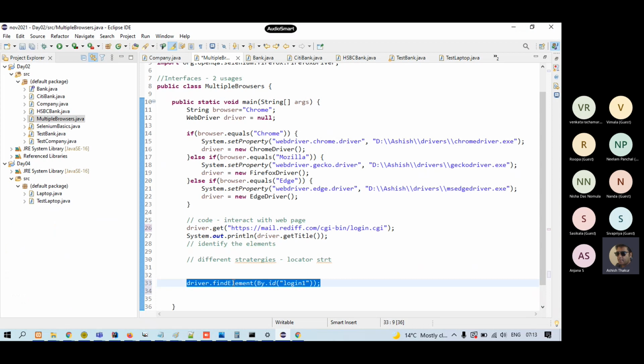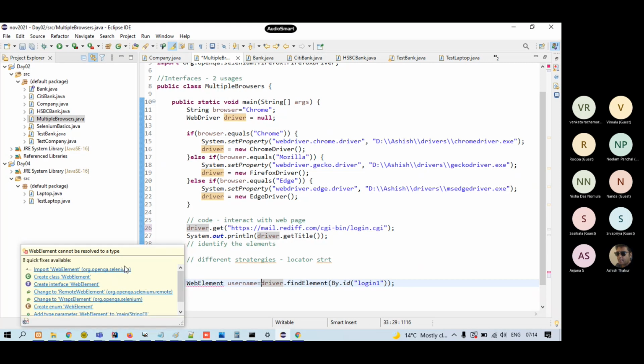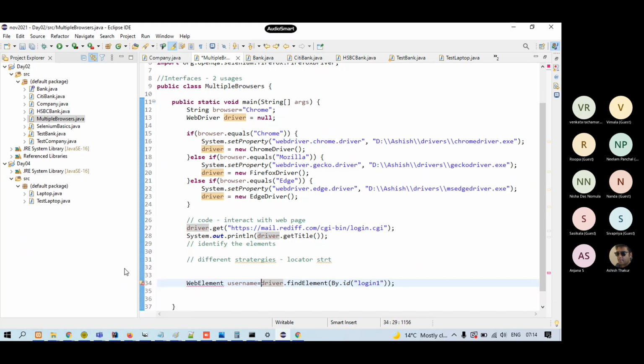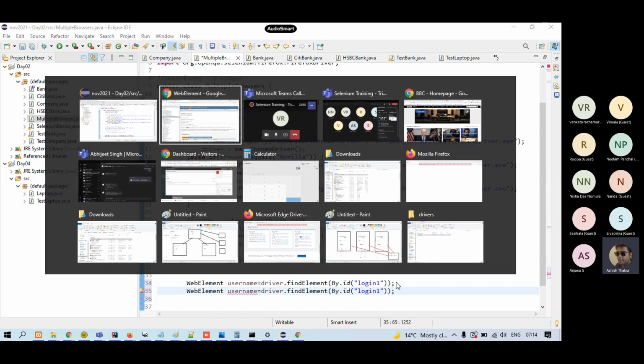Okay, and driver.find element returns you a web element reference. I will call it username. Okay, you import this, and similarly, you can